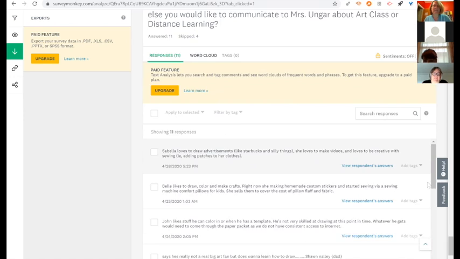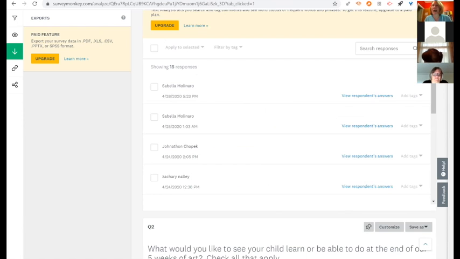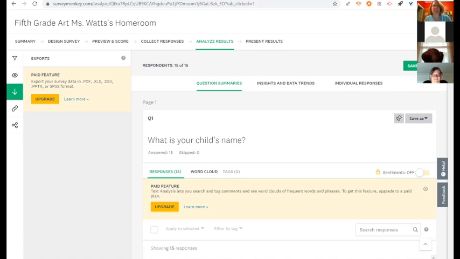And then this was an interesting section because this told me in here through the family comments, just specific things about the individual children that I'm teaching. So I really liked that. I want to say I am not a SurveyMonkey expert, and all of these packages are created so that you can play around with them and figure it out. So I'm not going to go through